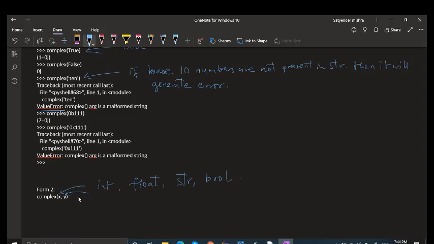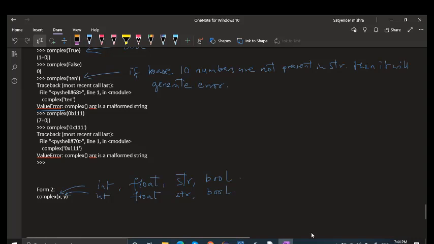The combination may be int, float, string, bool. Okay. So we can have many combinations here. We can have one combination integer and boolean also. That is also possible, right?